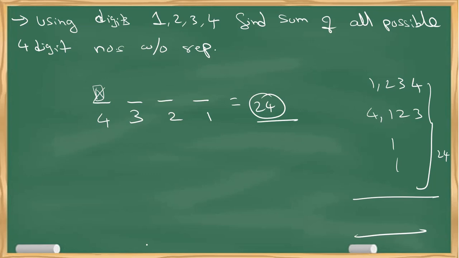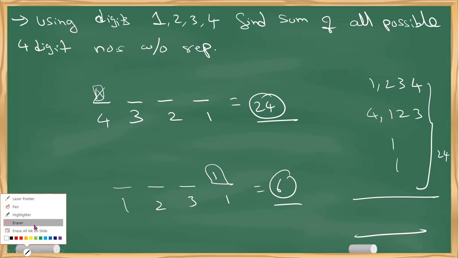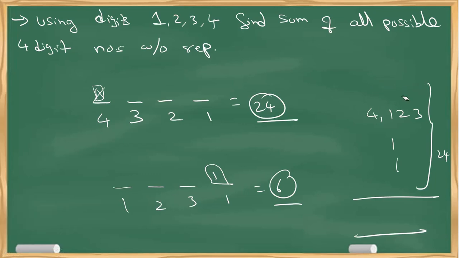Yes? Okay. Now, how to do it? First, let me check if I fix number 1 here at the units position. I want to know how many times it comes at the units position. How many ways can I fix it? One way. So one digit is gone out of 4. How many left? 3, 2, 1. So what is the answer? 6. So what is this 6 actually? Let me explain. If I explain here instead of on the next slide, it would be more clear.